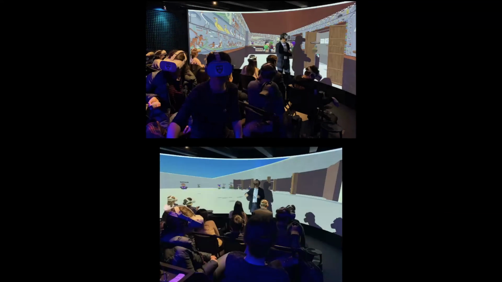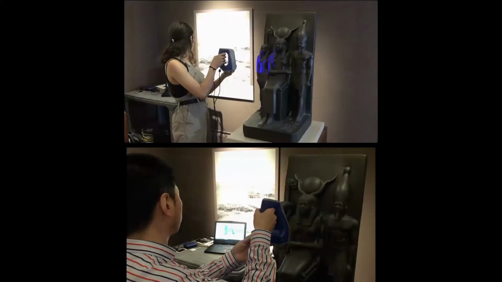On the other end of the spectrum, we have this visualization lab classroom at Harvard, where only the privileged few can fit into that small room at any one time. In between, of course, are the stereo headsets like the Oculus Quest 2 that allow for a more immersive experience. And here we're all wearing them, and we're avatars inside the particular chapel. So at each juncture, we're trying to consider who are we trying to reach? What's the easiest way to do it? Do we have to require downloads, or can it be browser-based? Do they have to be in a particular physical space to experience this? All different modes of outreach.